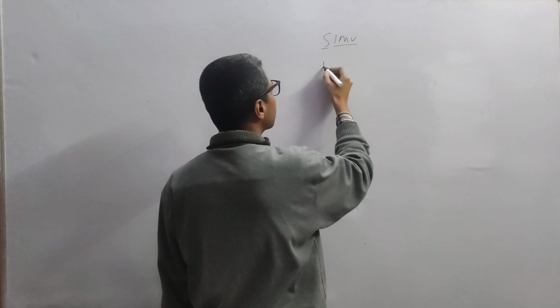Here let's suppose this is 0 liter per minute. Here 10 liter per minute, 20, 30, 40, 50 liter per minute. Here let's suppose the pressure is 5 centimeter water, 10, 15, 20, 25 centimeter water, like that. Here let's suppose the volume is 0, 100 ml, 200 ml, 300 ml, 400 ml, like that.